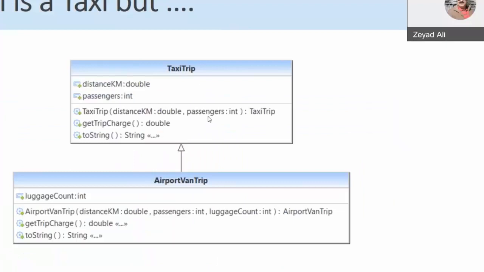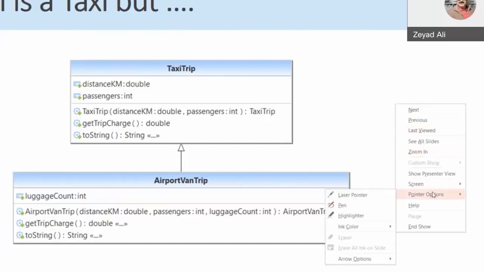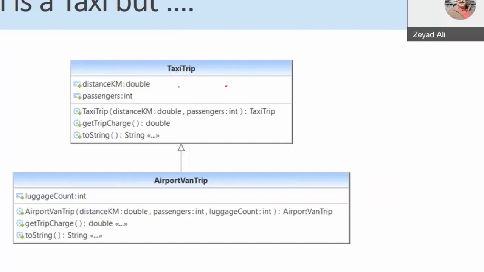Here is a taxi. The regular taxi needs only distance and passengers. And the way they calculate the charge is by multiplying the distance with a number like 5 riyals, 10 riyals, or so on. However, an airport taxi is different.